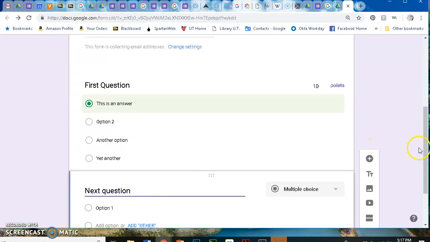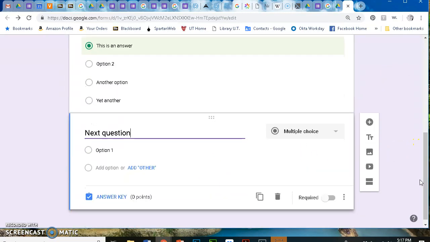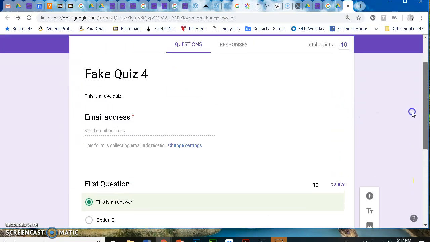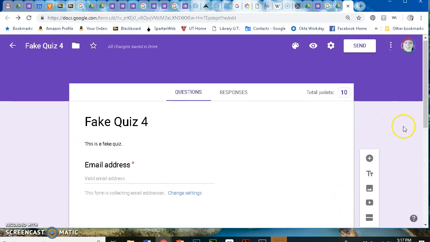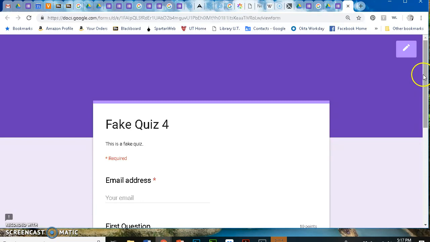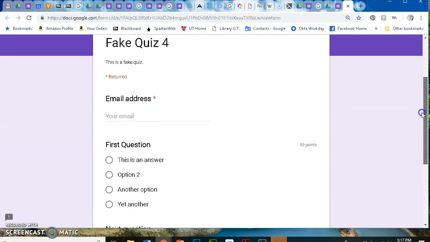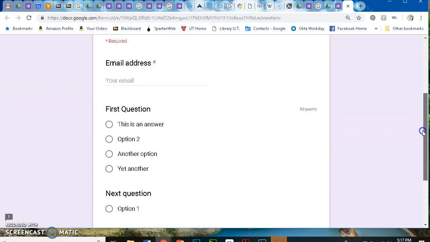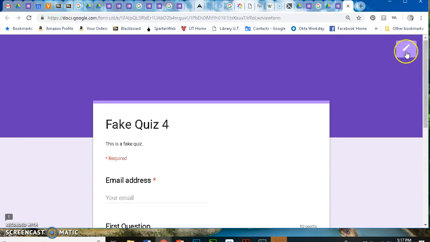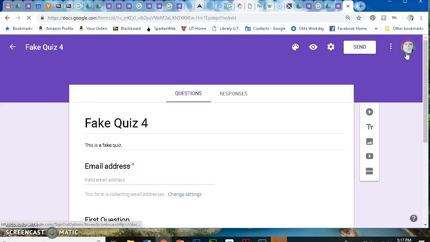Okay, so when you're done, and I'm just going to pretend that I'm done, you're ready to preview, and the little eye up here will preview. We can see what it's going to look like to students, and that's what it'll look like. And then we can go back to edit mode up here on the upper right,